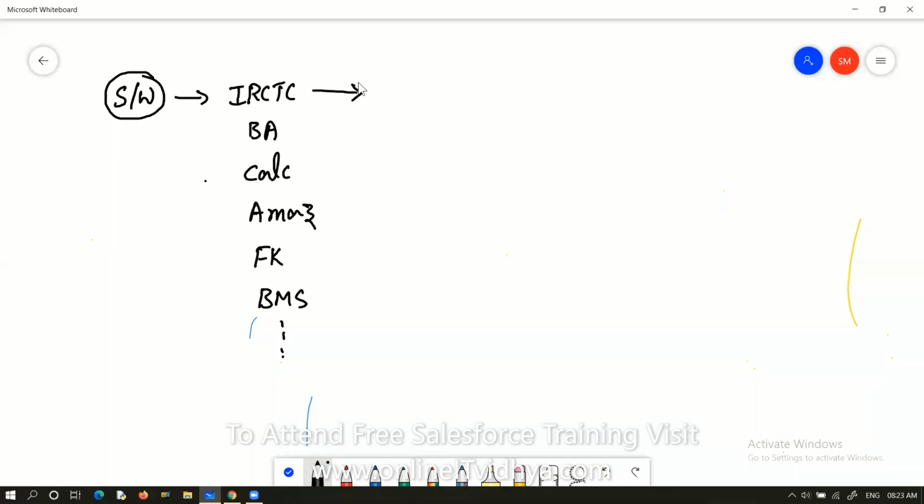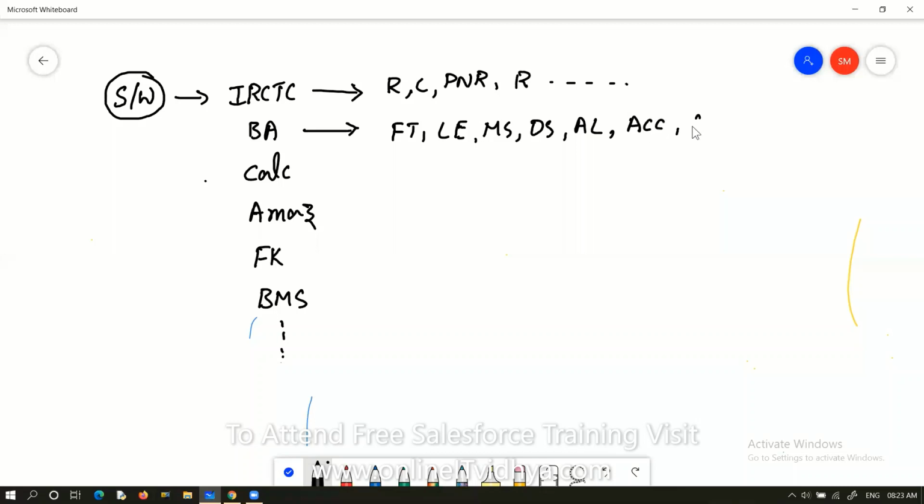IRCTC, what can we do with this IRCTC? Different operations like reservation, cancellation, PNR inquiry, checking the refund status. These are different operations. By using banking applications: funds transfer, loan inquiry, mini statement or detailed statement, apply for a loan, apply for a credit card, apply for a debit card. These are different operations.